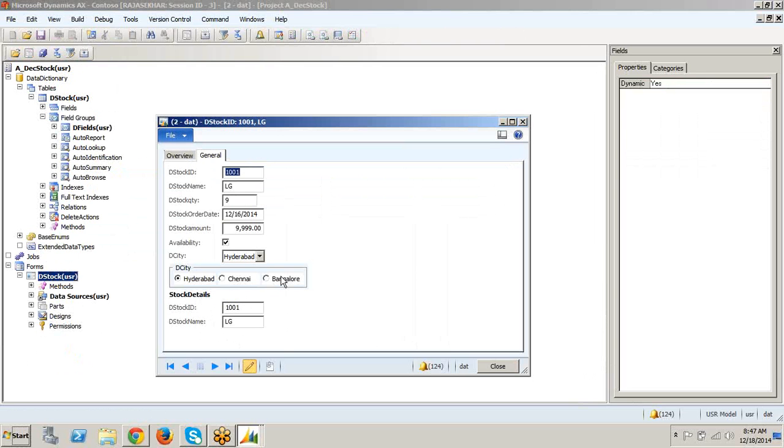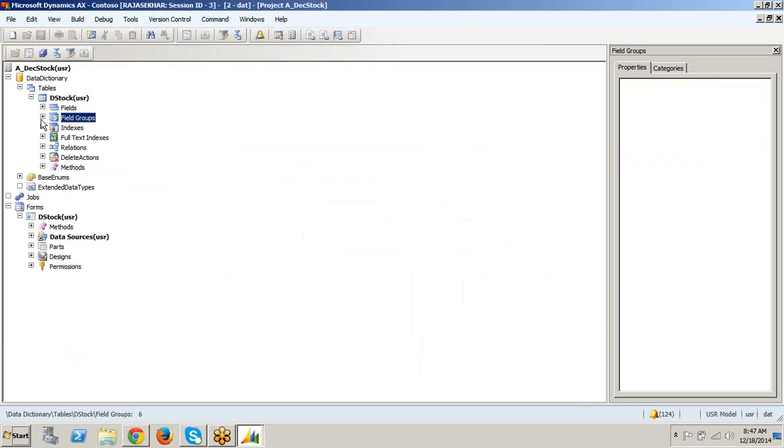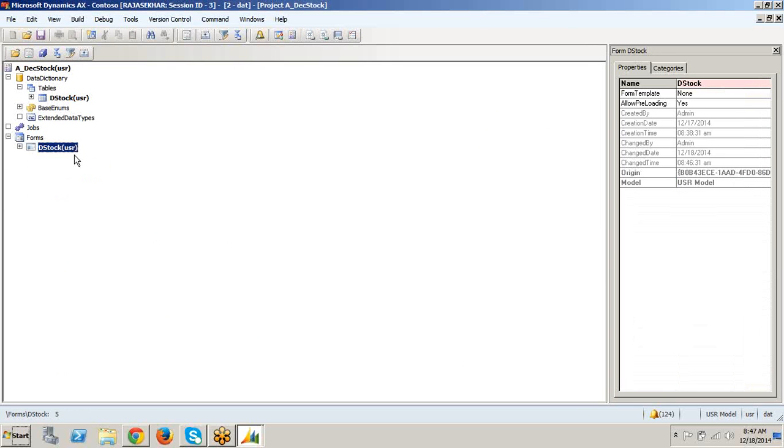So if you have another form which is using the same table, if you drag the field group, that will have the stock ID and stock name. Okay, that is the use of the field groups, which are reusable fields in different forms. Okay, now